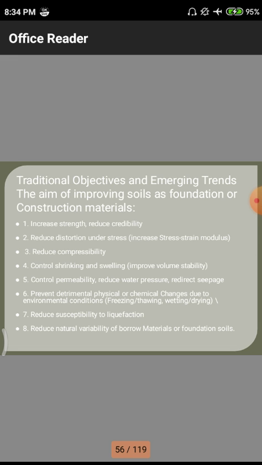Next one we are having is the control feasibility to reduce water pressure, reduce seepage. This is also directly proportional to the fourth point, shrinkage and swelling. That means the shrinkage and swelling is directly proportional to this entrainment of water. That means permeability means if there is water, automatically there may be a permeability. Likewise, to reduce the water pressure means